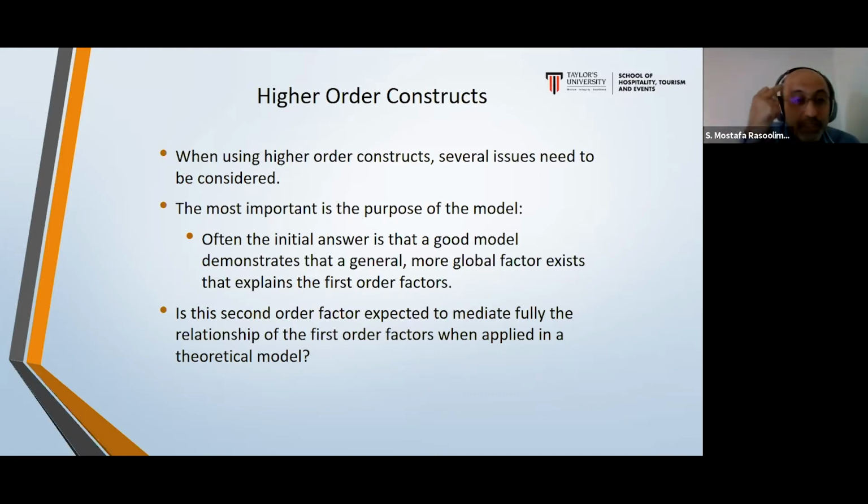Always keep in your mind the example of perceived value. Okay, perceived value, your construct is perceived value, but there are three dimensions. Another good example, I will actually use this example for SmartPLS, is perceptions toward tourism development or perceived impact of tourism development, right? We have this concept, perceived impact, but we measure perceived impact from